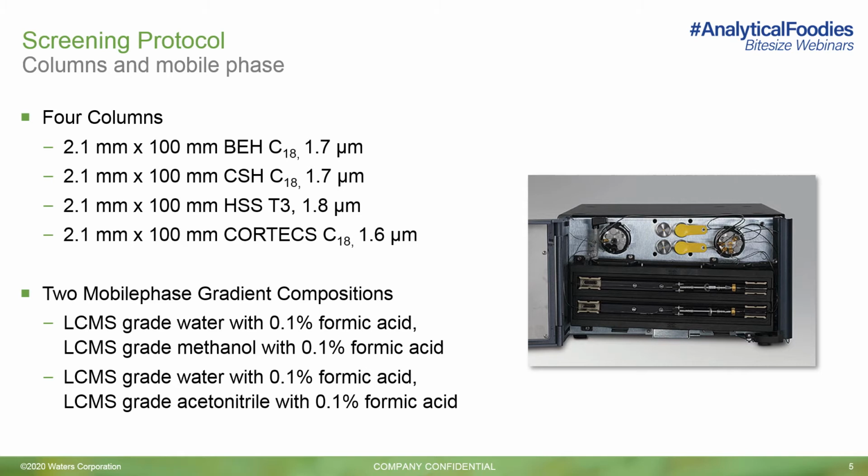To test these columns, a simple gradient using either methanol or acetonitrile has been used to screen the performance of the columns. The additive in this case was 0.1% formic acid. The use of buffers will not be discussed in this episode. However, buffers are often used to control the pH of the mobile phase to avoid shifts in pH which can impact retention of ionizable compounds. And finally, the use of a column manager, as shown, allows for the automated switching of the 4 columns, allowing this screening to be set up and run overnight.